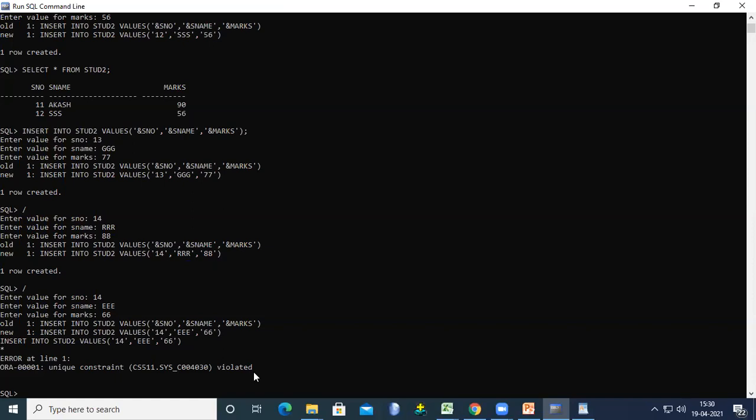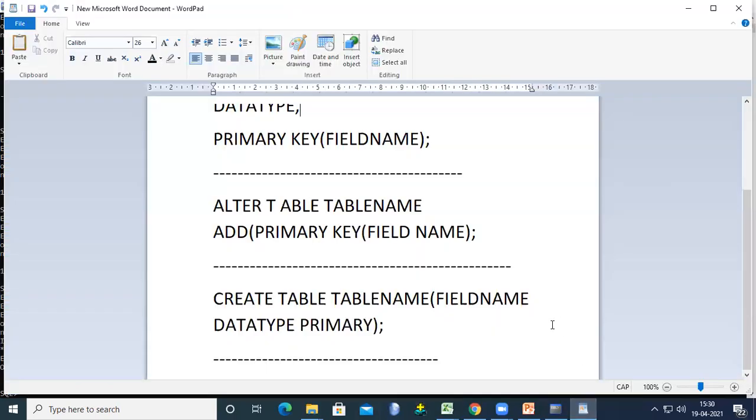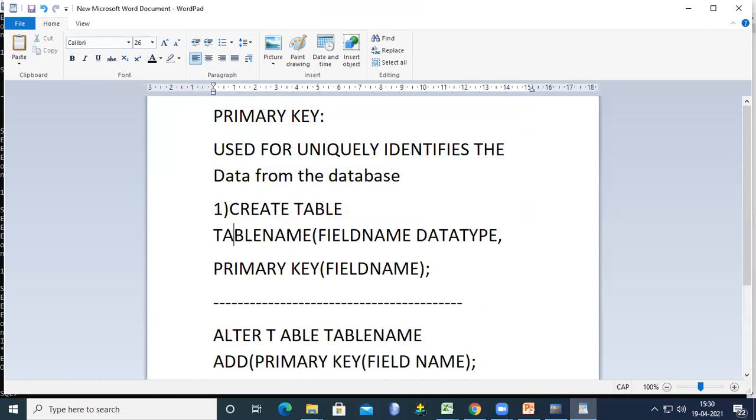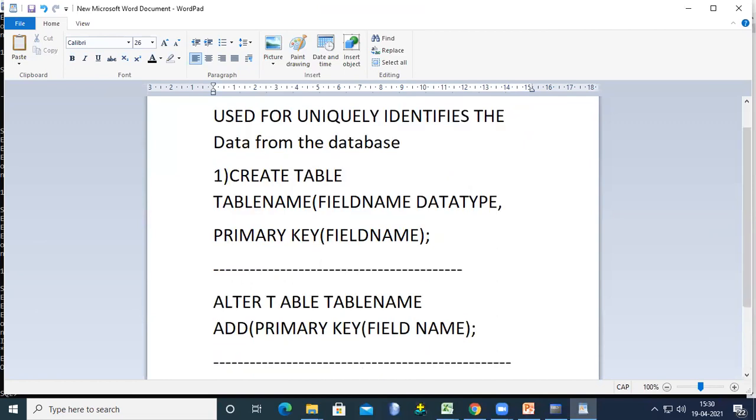Okay, another thing. Now we try to maintain referential integrity. If you have the possibility, please note down this. Up to now we have discussed that a primary key is used to uniquely identify the data from the database. So how are we creating it? This is the first way of creating the primary key, and this is the second way, for maintaining an existing table.